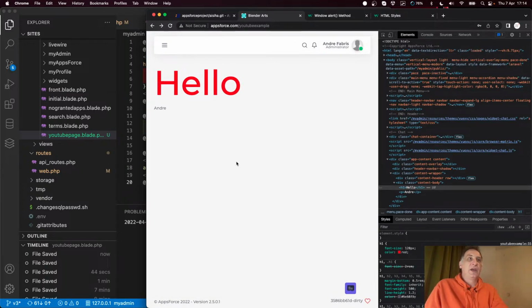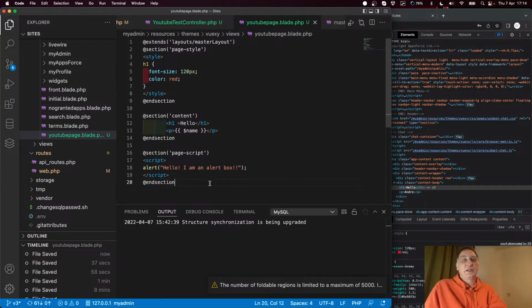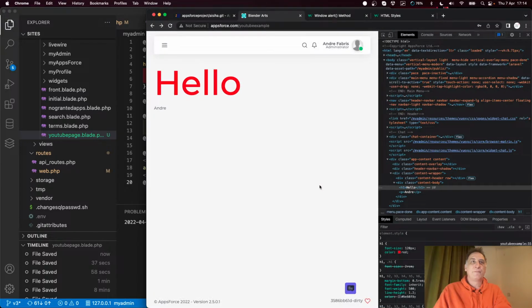So same way, if I have a JavaScript that only executes on this page, I can easily add it just like that. Of course, I can add functionality to this hello and say on click, for example, call a specific JavaScript function which I define here and so on. But I'm not going to go in those details right now. So that's my page. That's how I do HTML. That's how I do CSS. That's how I make a custom route, custom controller, and